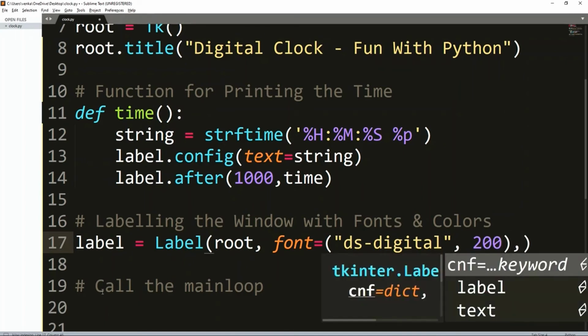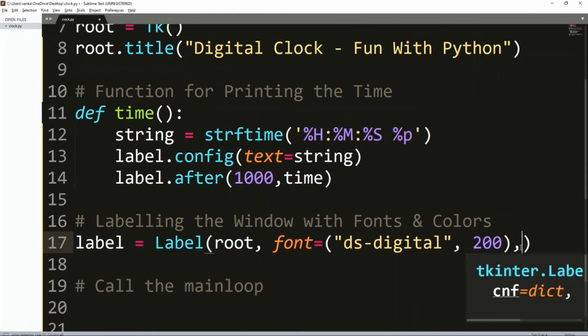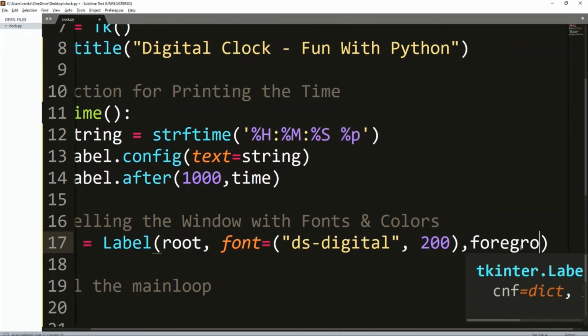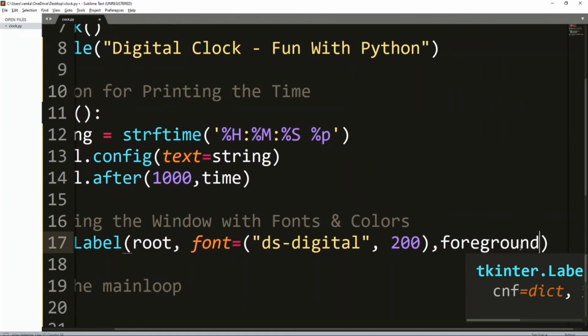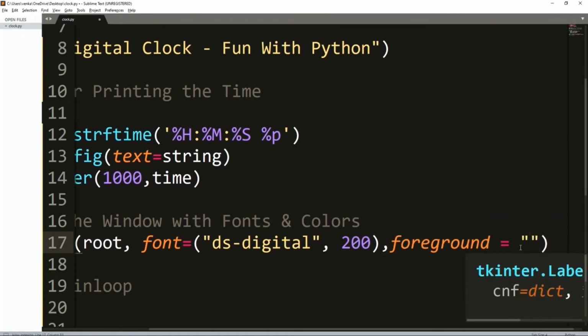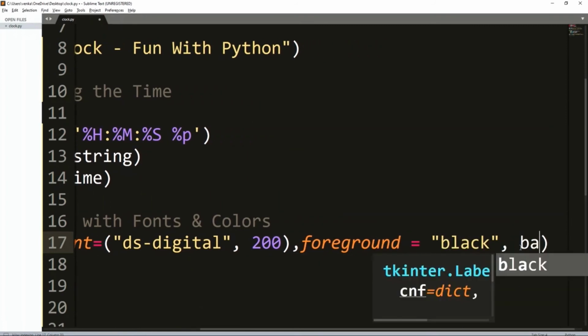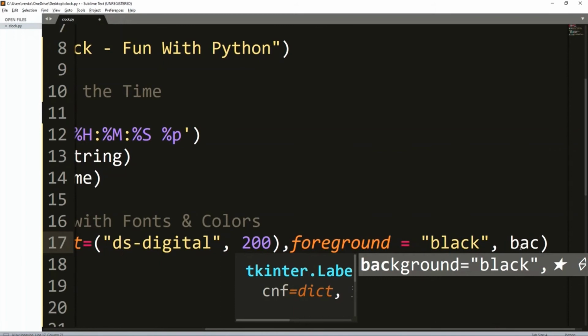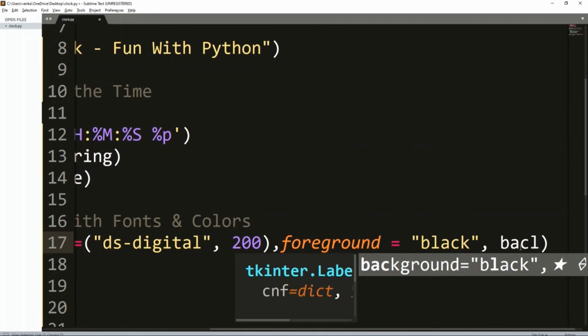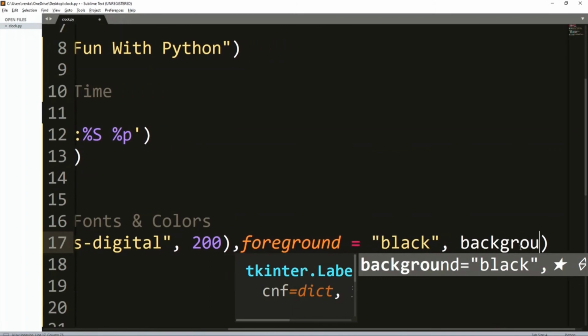Exactly that font with that size will be used for the time format we have mentioned: hours, minutes, seconds and AM or PM. And then mentioning the foreground color and the background color. Sorry, the background color will be black and the foreground color will be cyan.